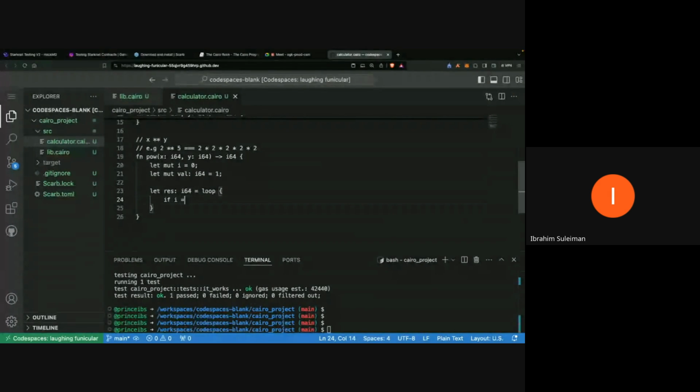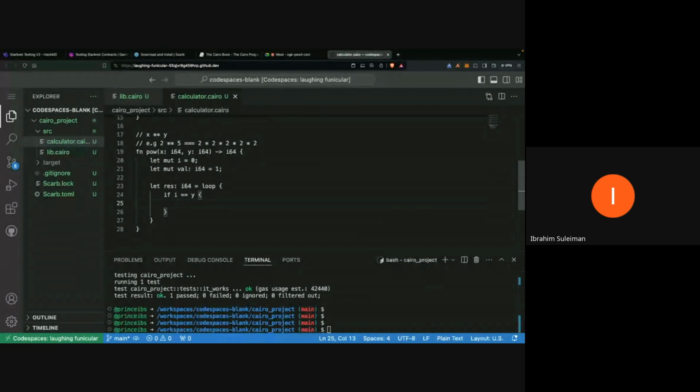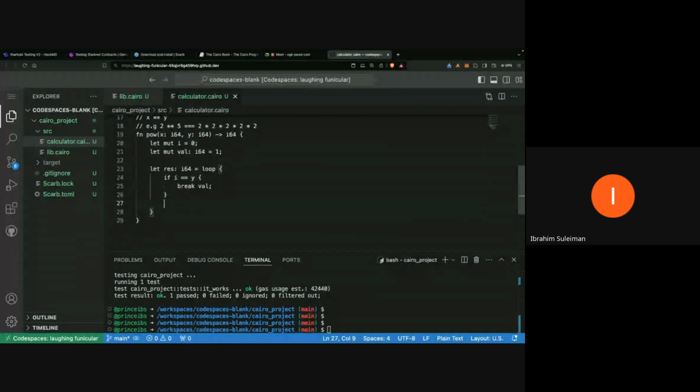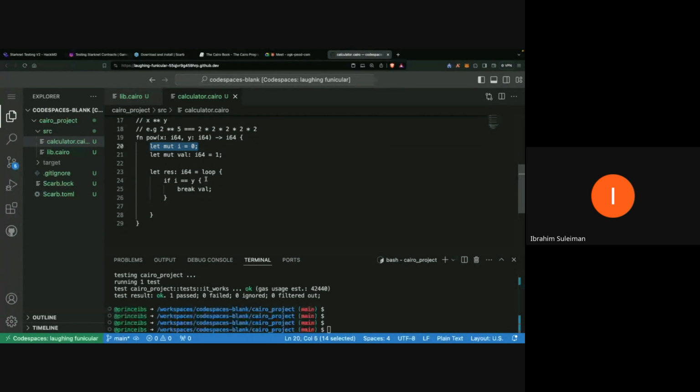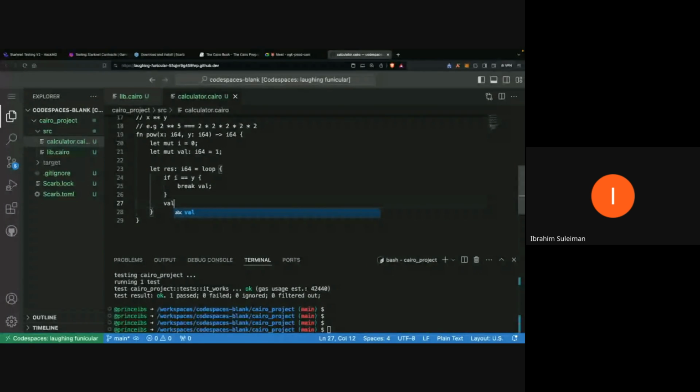So the first thing we do is to check if i equals y. And if i equals y, we break the loop and return whatever the value is. But if not, if i is not equal to y, which in this case means our counter is not equal to the power we want to multiply x by, we simply take value,